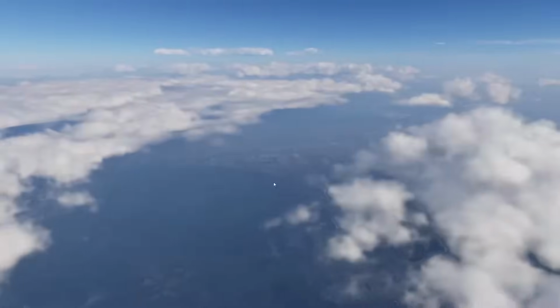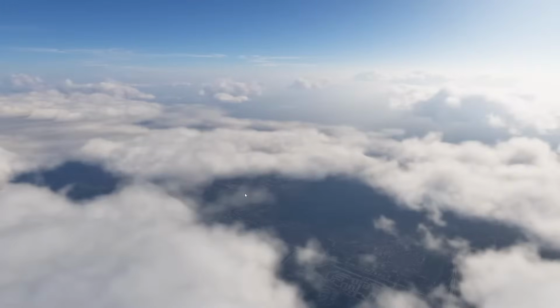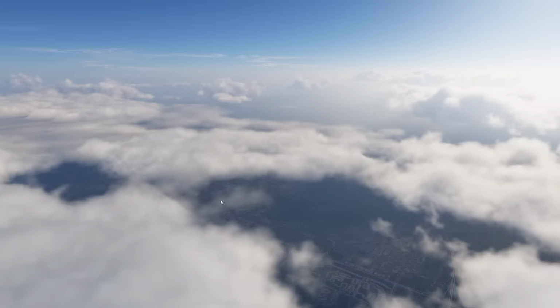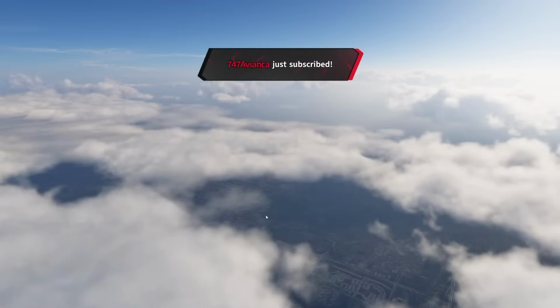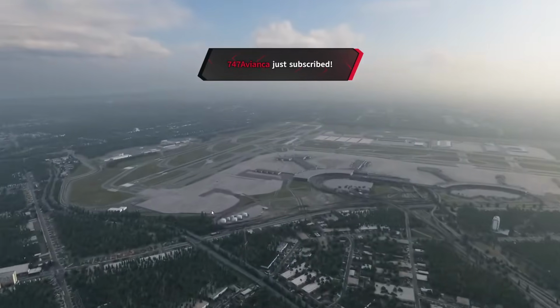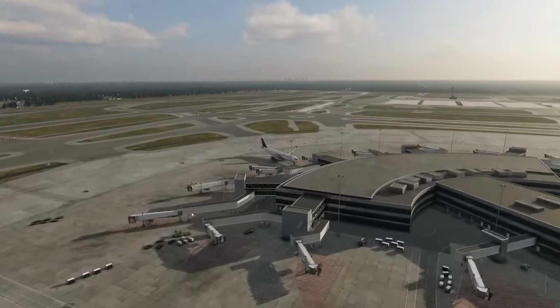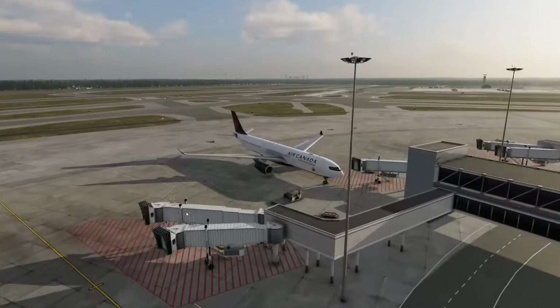I'm not really sure if you can see it, but this is really something that we've waited a very long time to get, and finally it is here. And Laminar has done a really remarkable job with the 12.3. This, ladies and gents, calls for excitement for us flight simmers,